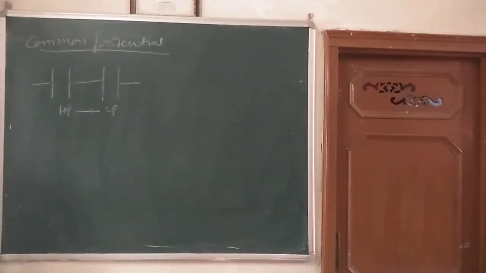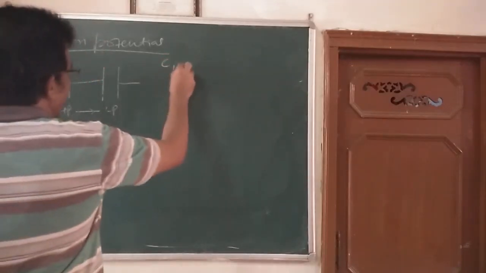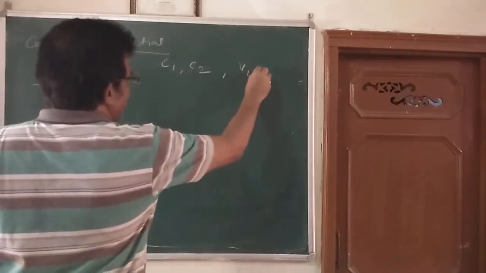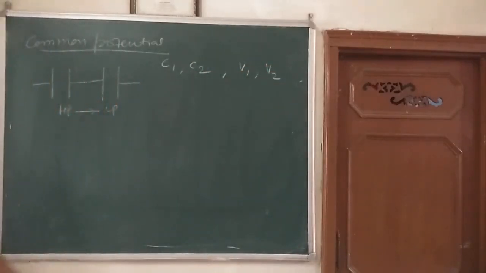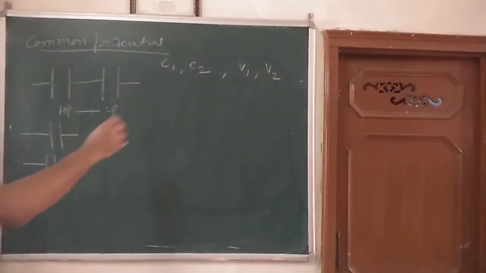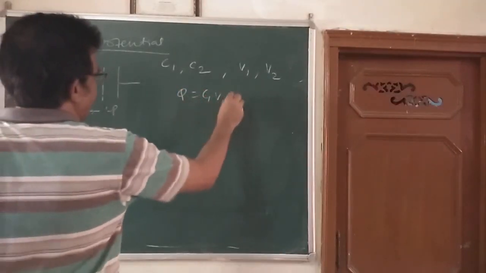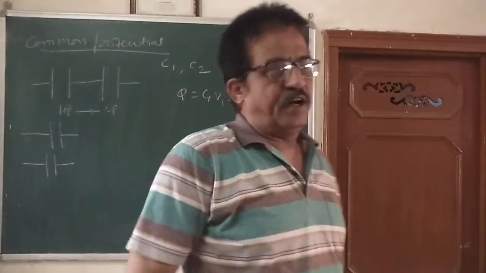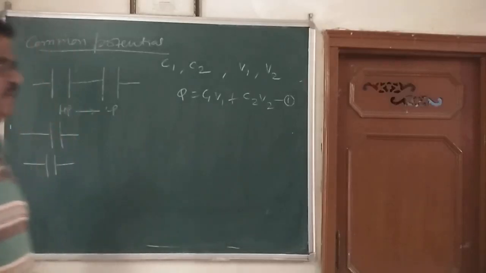We can say here, suppose C1 and C2 are the capacities of the two condensers. They are charged to potentials V1 and V2. V1 and V2 are the potentials here. So total charge before sharing, जब हमने इनको कनेक्ट नहीं किया है, अलग अलग पड़े हुए हैं ये, like this, ऐसे. So total charge before sharing would be Q is equal to C1 V1 plus C2 V2. It is our equation number 1. अभी हमने कैपेसिटर को कनेक्ट नहीं किया है.